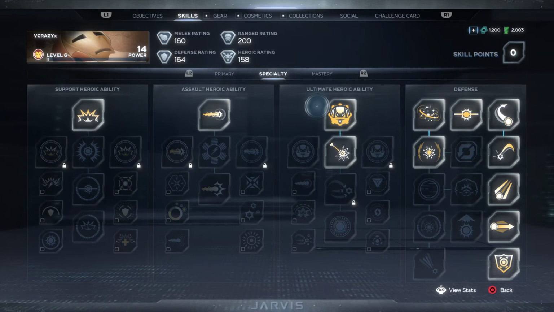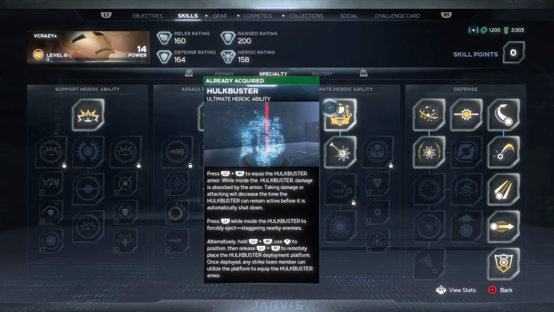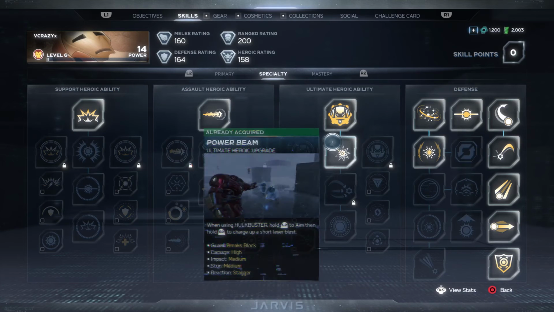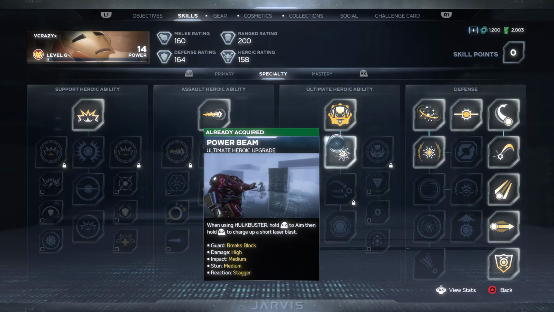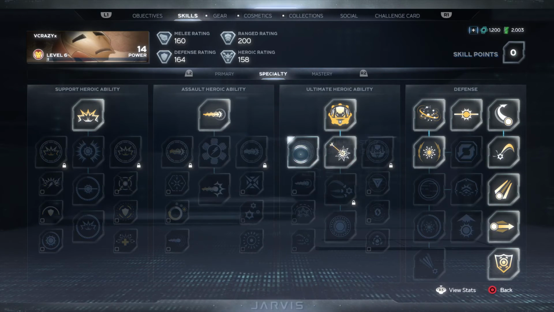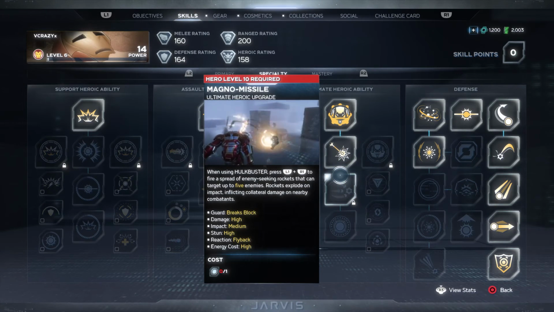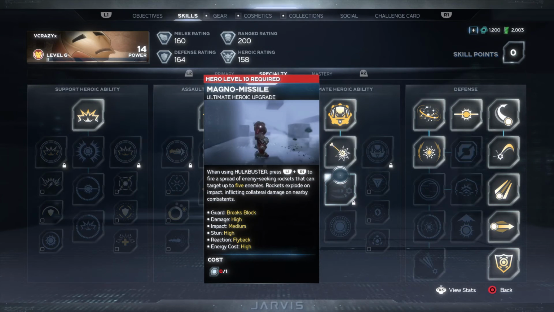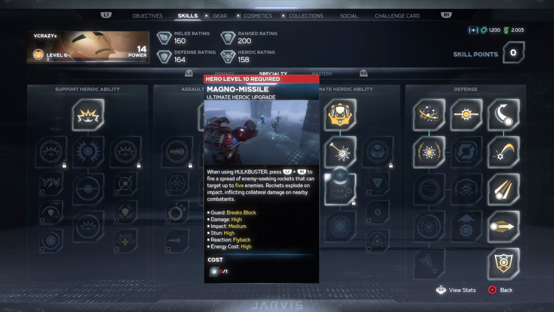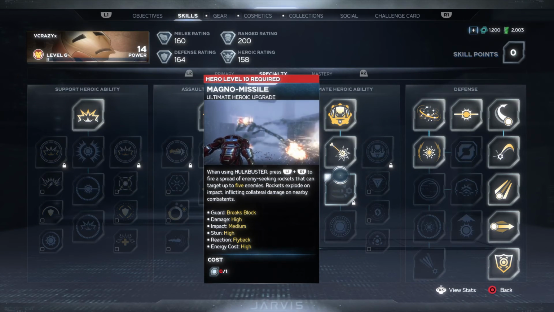That's also cool. Now for our ultimate ability, which is the Hulkbuster, which I like using because Hulkbuster is actually pretty cool. In this one, I've just stuck in Power Beam so I can use the ranged attacks for it. That's pretty cool. Let's actually go down this one. Magno Missile. When using Hulkbuster, press L1 and R1 to fire a spread of enemy-seeking rockets that can target up to 5 enemies. Rockets explode on impact, inflicting